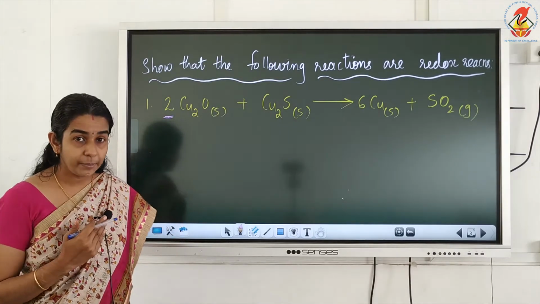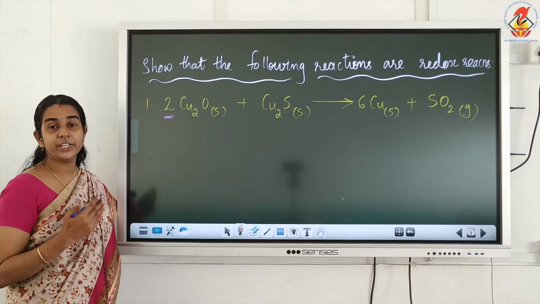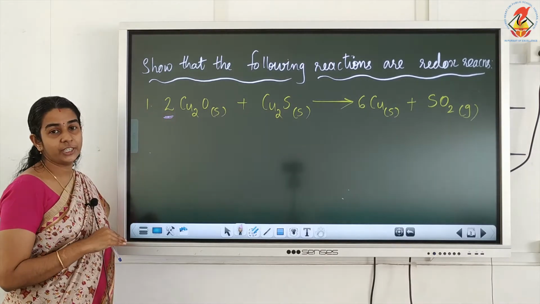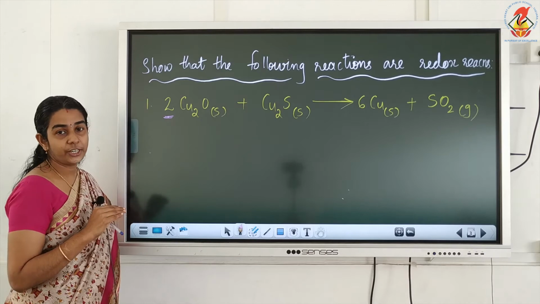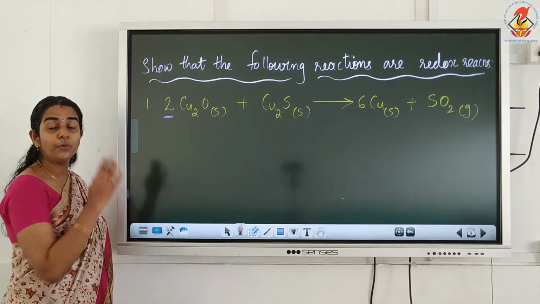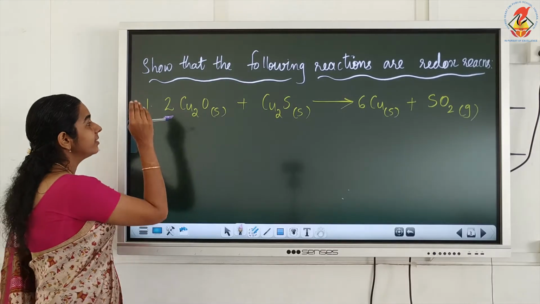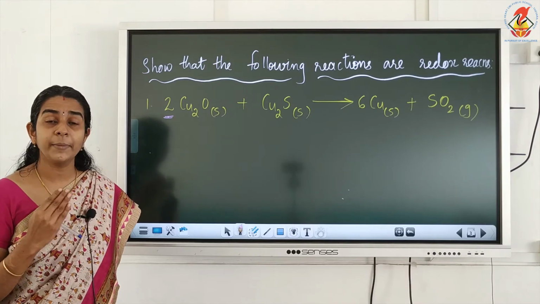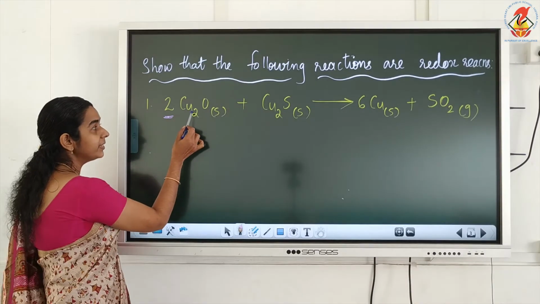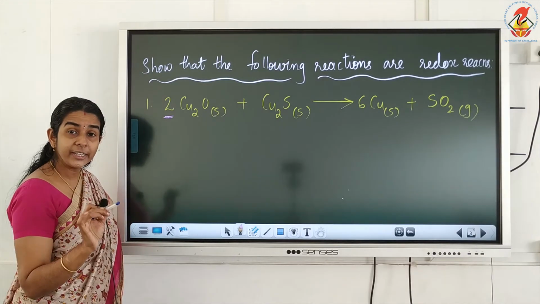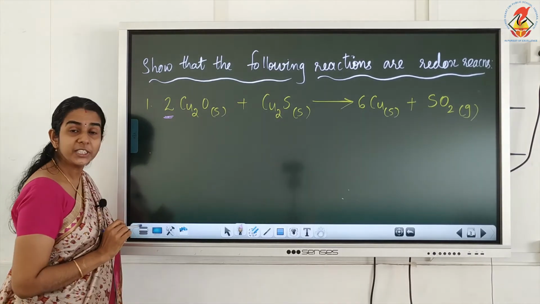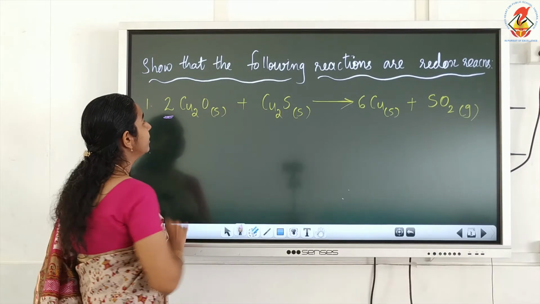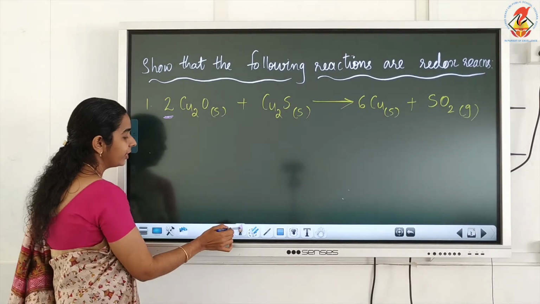oxidation state. Remember once again, the stoichiometric coefficients, that means the number that we are writing on the left hand side of each species in the equation. So when we assign the oxidation number of each atom or each element, there is no significance for these stoichiometric coefficients, the number that is coming on the left hand side. But the number that we are writing along with each atom or each species as a subscript, that has significance.